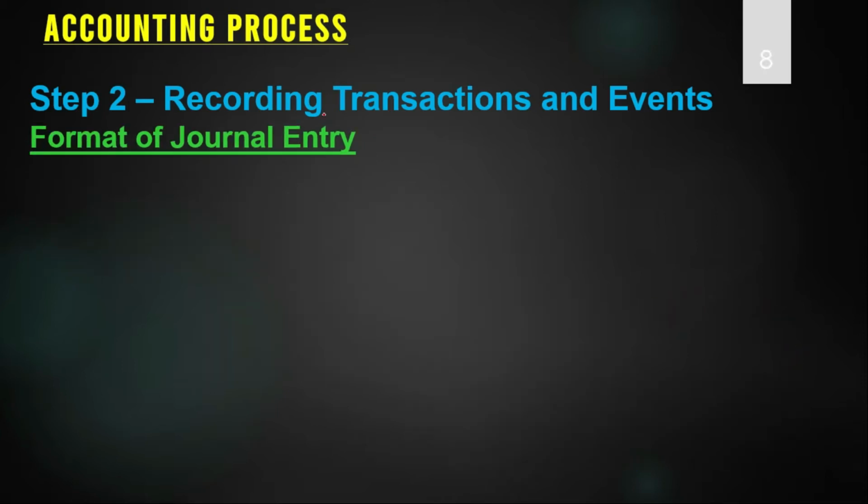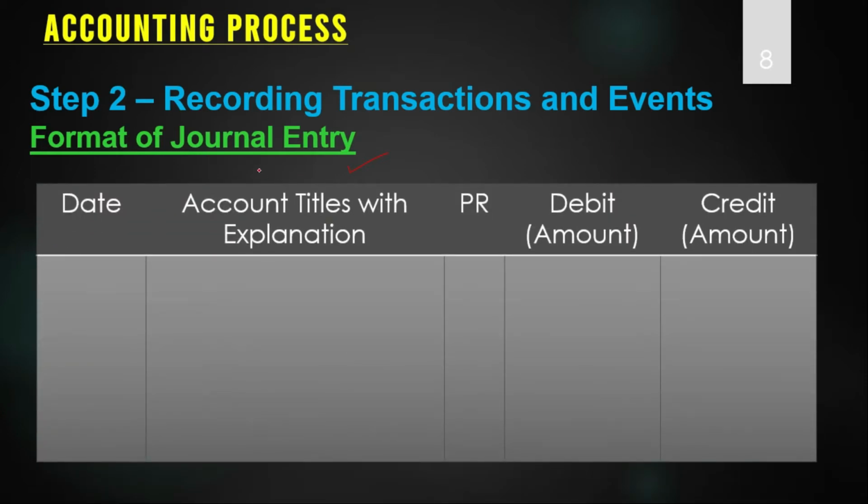See the format after rules have been understood. You know the rule. Now based upon the rule you will make the journal entry. But in accounting there is a certain format. How to write the correct journal entry in the correct format, I will show you. So you need to prepare a journal entry format. The journal entry format will consist of 5 items, 5 columns in fact.